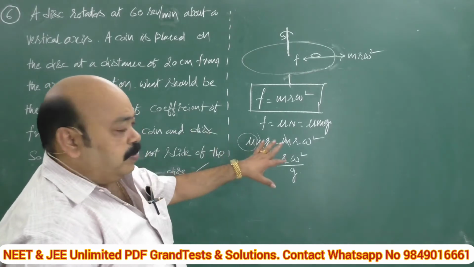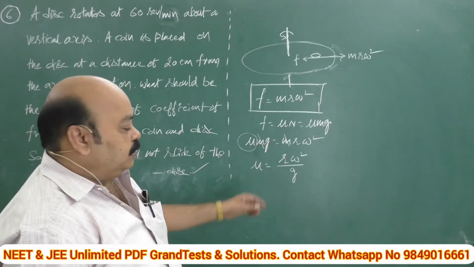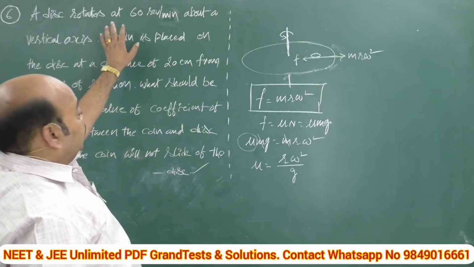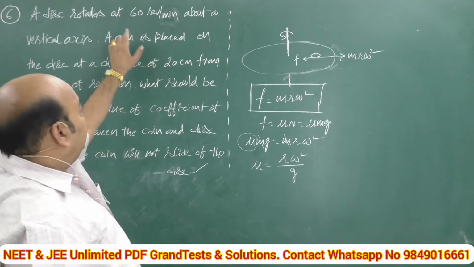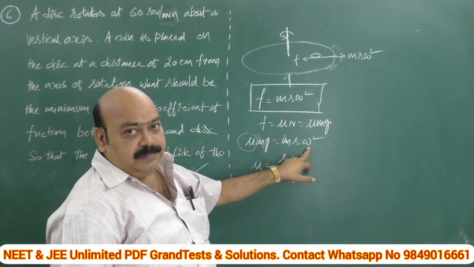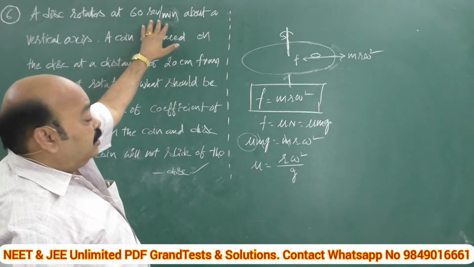In my view, the problem ends here. The remaining is substitution and the calculation part, which you have to do yourself. But here one twist is there. Since it is the first time, I will explain clearly. Here omega means what? Angular velocity. But angular velocity is not given directly.